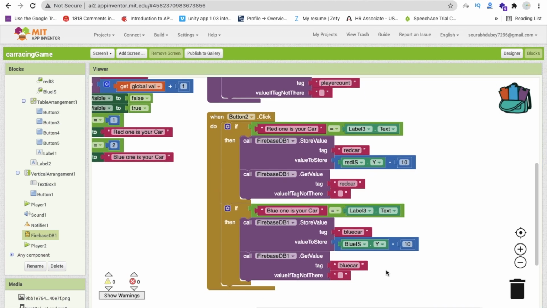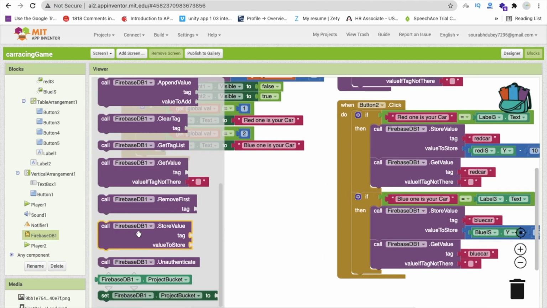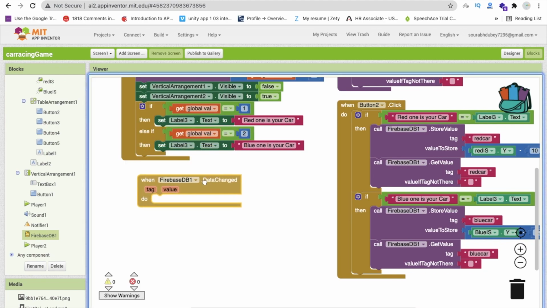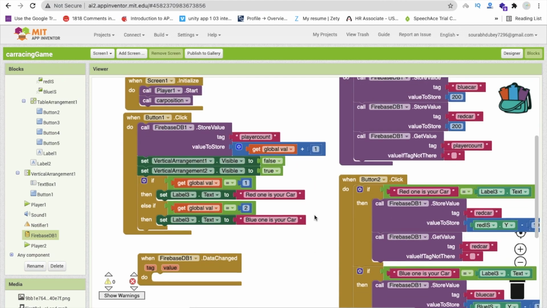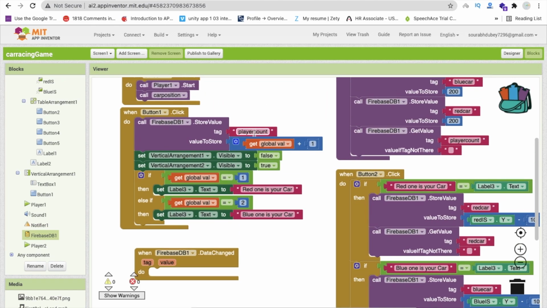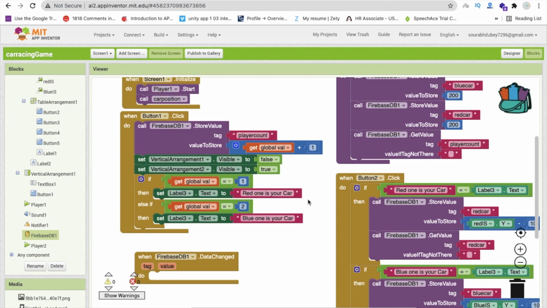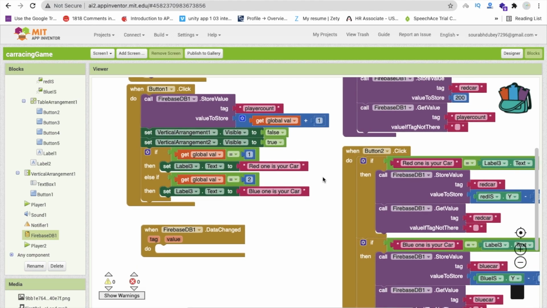Now this is simple. Now we have to code for data change, because whenever we get the value, the data will change, then we have to update that code. So on that data change, click on Firebase and you can see data change. Whenever we have done a lot of things here, we require the data change everywhere. So first we need to set here, we are focusing on the player count value. So whenever we store that value plus 1, our data will change. So we are going to use a condition.